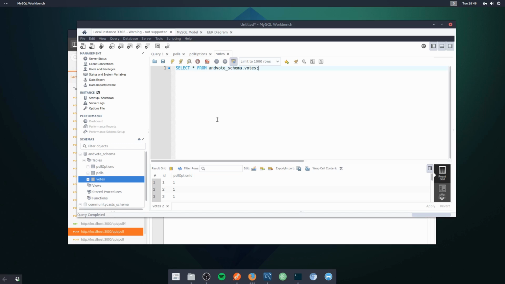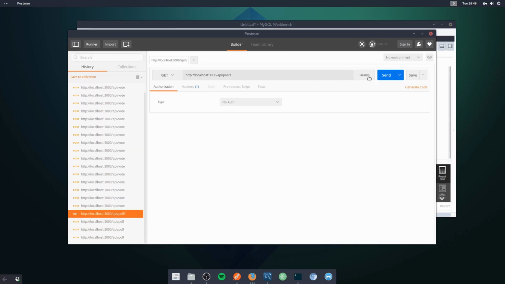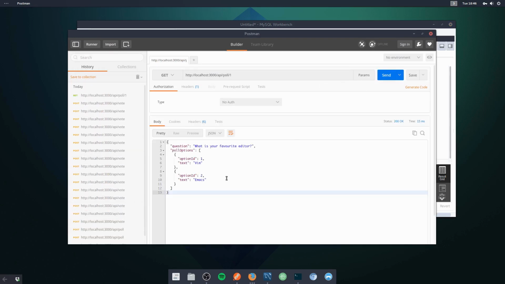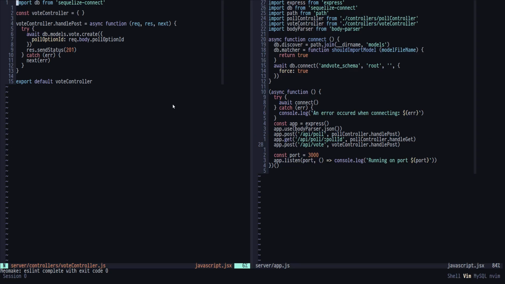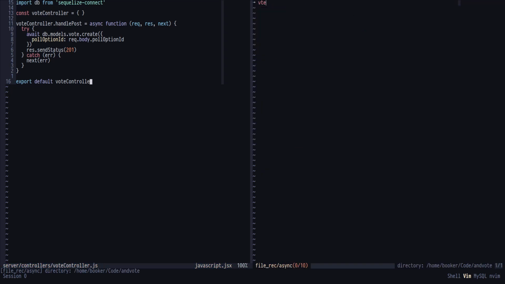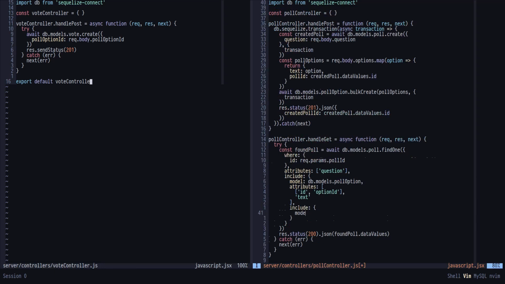The most prominent issue though really is that if you try and query the poll again, sure, someone's voted on it 20 odd times, but there's no indication of that in the results. So let's update the handle get function on the poll controller to actually send the votes that were submitted. So let's go to, what was it called? Poll controller. And inside of handle get, again, it's pretty much a case of writing include and then specifying the model,